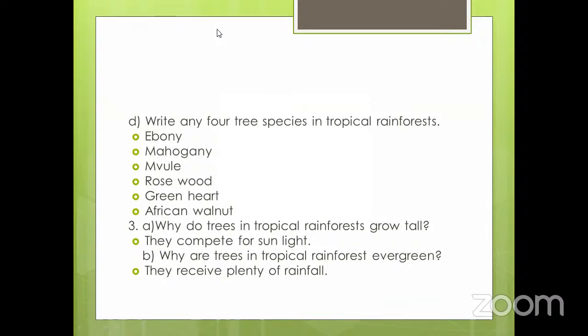Can you read for us the response? They receive plenty of rainfall. If you cannot write, receive enough rainfall. So these tropical rainforests grow in areas that receive plenty of rainfall. So that is the reason as to why they are evergreen. Next time another person can say what